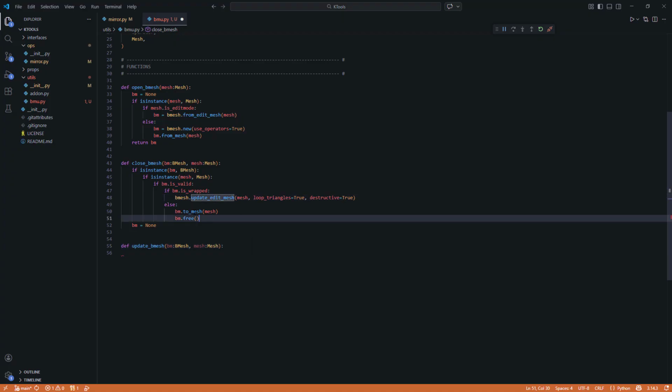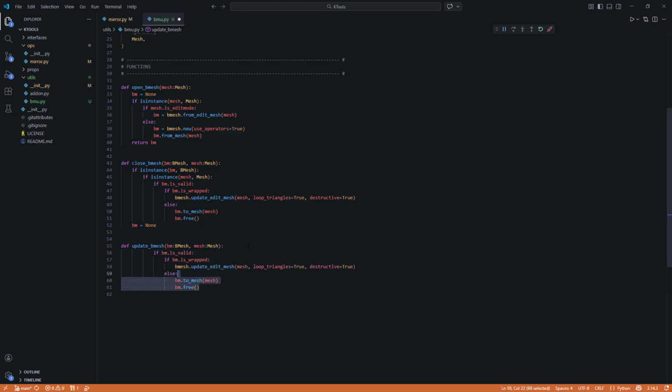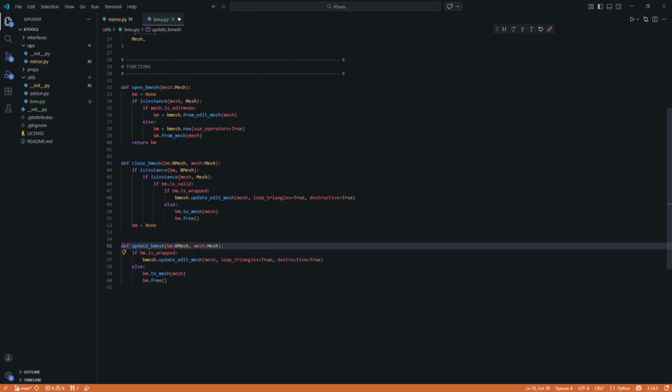And this one won't type check because it's going to be a little safer to deal with. Alright, we'll just assume that it's going to be safer. So if bm.is_valid, if bm.is_wrapped, update, I guess we'll not check that. Alright, so that is edit mode,